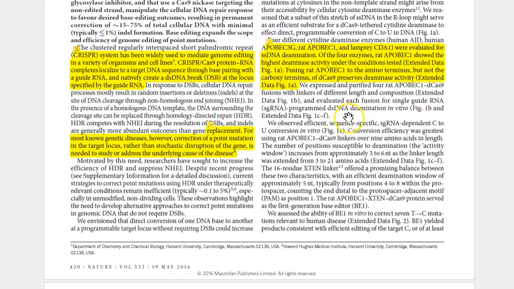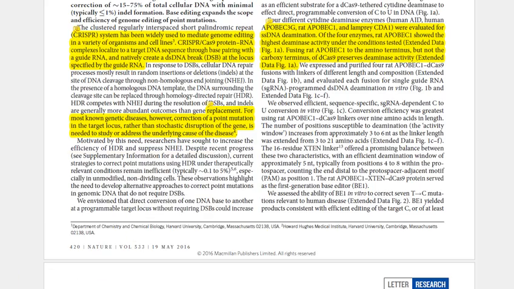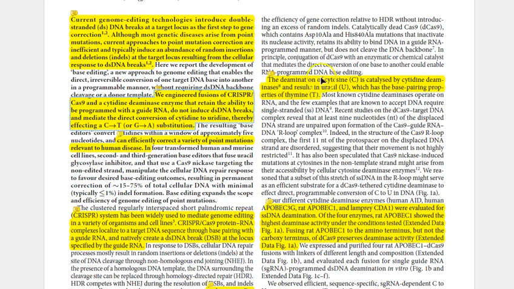So now we know that most genetic disease requires a correction of a point mutation, not just a random disruption to the gene. And that's what CRISPR-Cas9 had always done, it just randomly disrupted the gene. So instead of correcting a mistake, it would just destroy that gene and it wouldn't work any longer at all. Okay, now as we continue to read here,